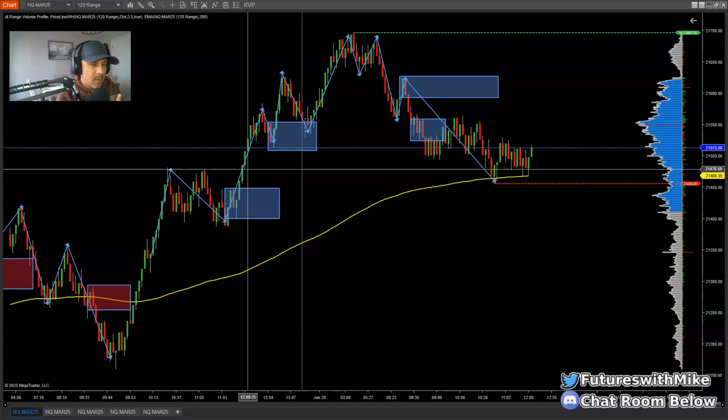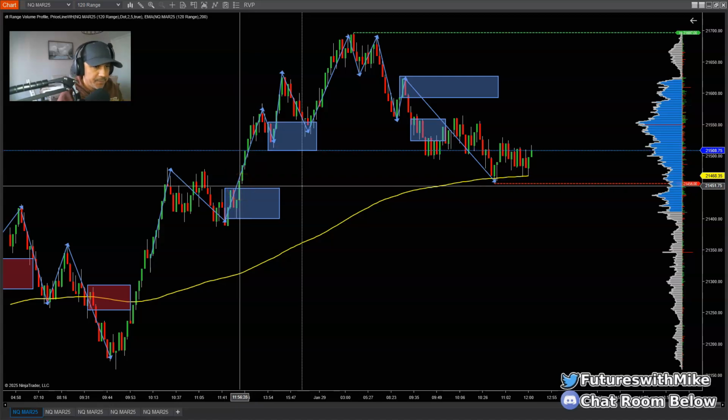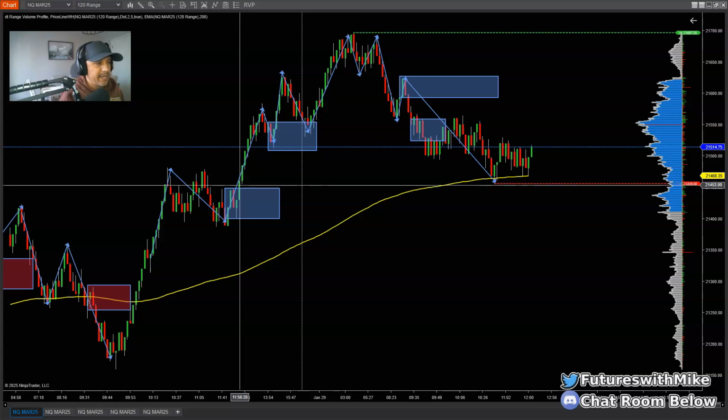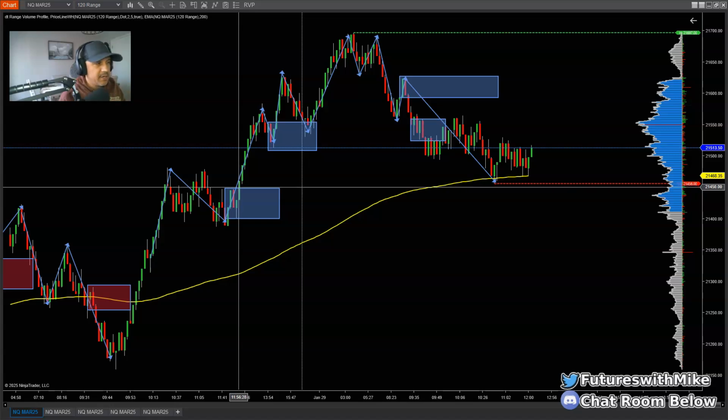The number one thing that I do before marking up a zone, I have to see an imbalance back at the zone. That's the gap at the zone, because that makes up the difference of a trade being low probability or high probability in my mind when it comes to the setup. Where there is an imbalance resting in the market, the market has to fill those areas. Those gaps are exactly what they sound like. When the market has gapped up or gapped down and it hasn't come back to fill that area in between candles, those could be orders resting on the books the way my mind reads it, and when the market gets there, 9 times out of 10, it's going to have some type of reaction there, okay?